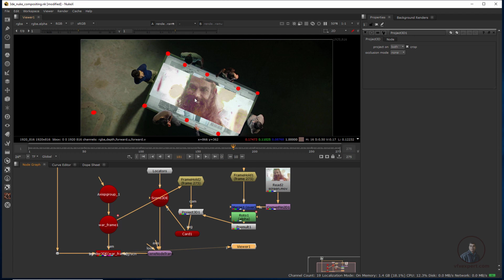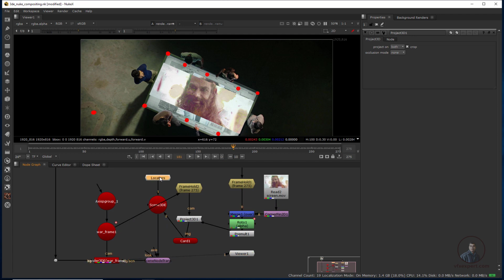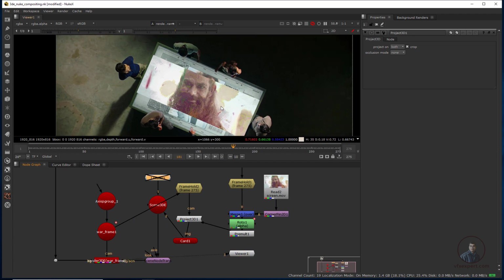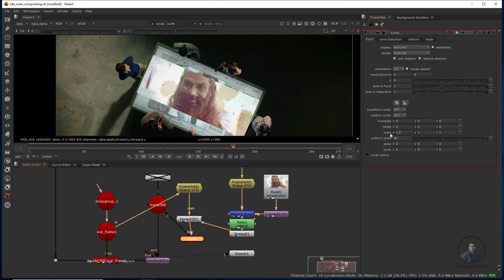Now easily you can see here. If you want to hide these locators a little bit, select this one and press D. So now here you are getting this screen. I think it's cutting a little bit like this. So after this you can scale up our card. Just double click here. Now see, from here you can scale. So click here a little bit and use the middle mouse scroll, or you can simply type your value, whatever you want.